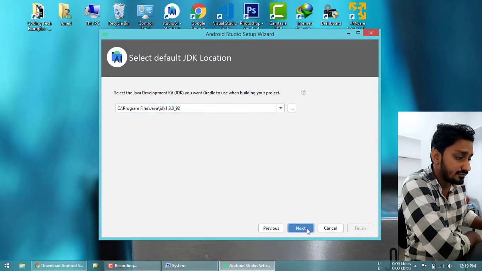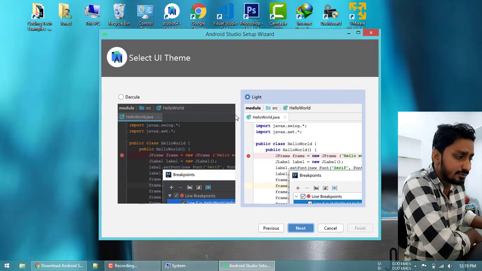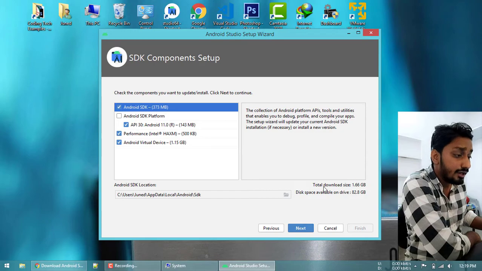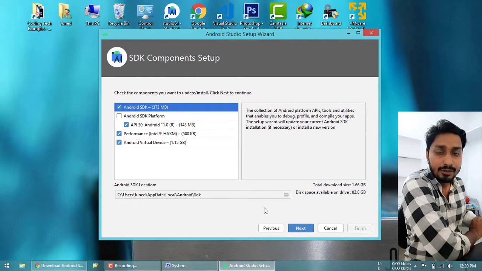Click on Next. Set the theme as you like. I like the light theme. Click on Next. Now it will ask you to download SDK components. The default path is under C, Users, my user, and AppData, which I do not like, because if you somehow format your Windows, your Android SDK will be deleted. So download it someplace else.